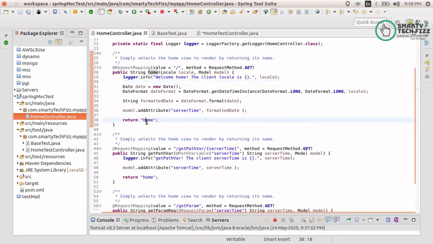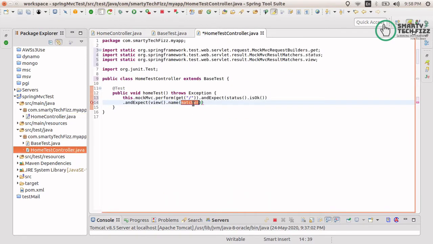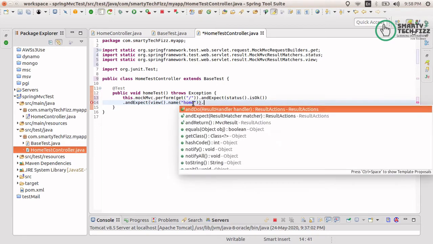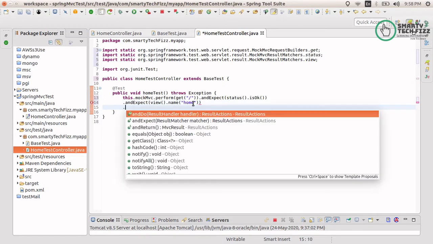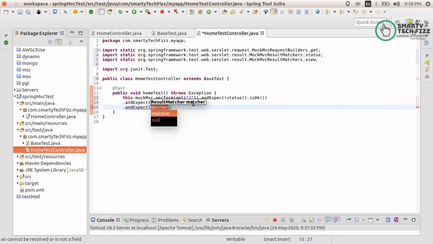I'm having a view name as home. Let's mention it here, home. Okay, so this is the view name. Now what will this view do? It will redirect us to some JSP page. So let's mention it as, and expect.